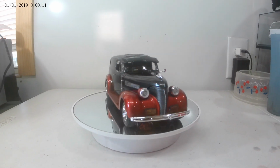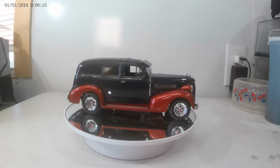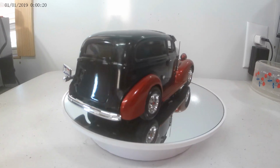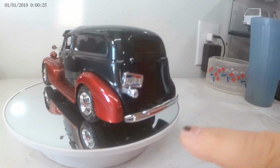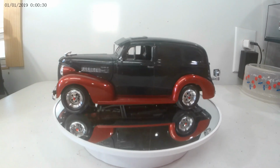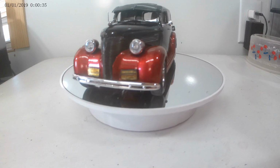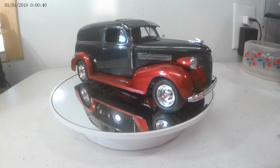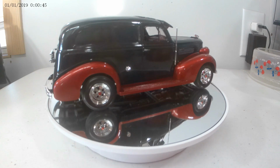Alright guys, so I have finished up the 39 Chevy panel van, and I really think it turned out pretty daggum good. Very happy with it. The one critique I give myself is I wish I had done this part right here body color. But other than that, man, this kit, I highly recommend it. It goes together so well. I really didn't have any, there's not a whole lot to it, and I agree with that, but